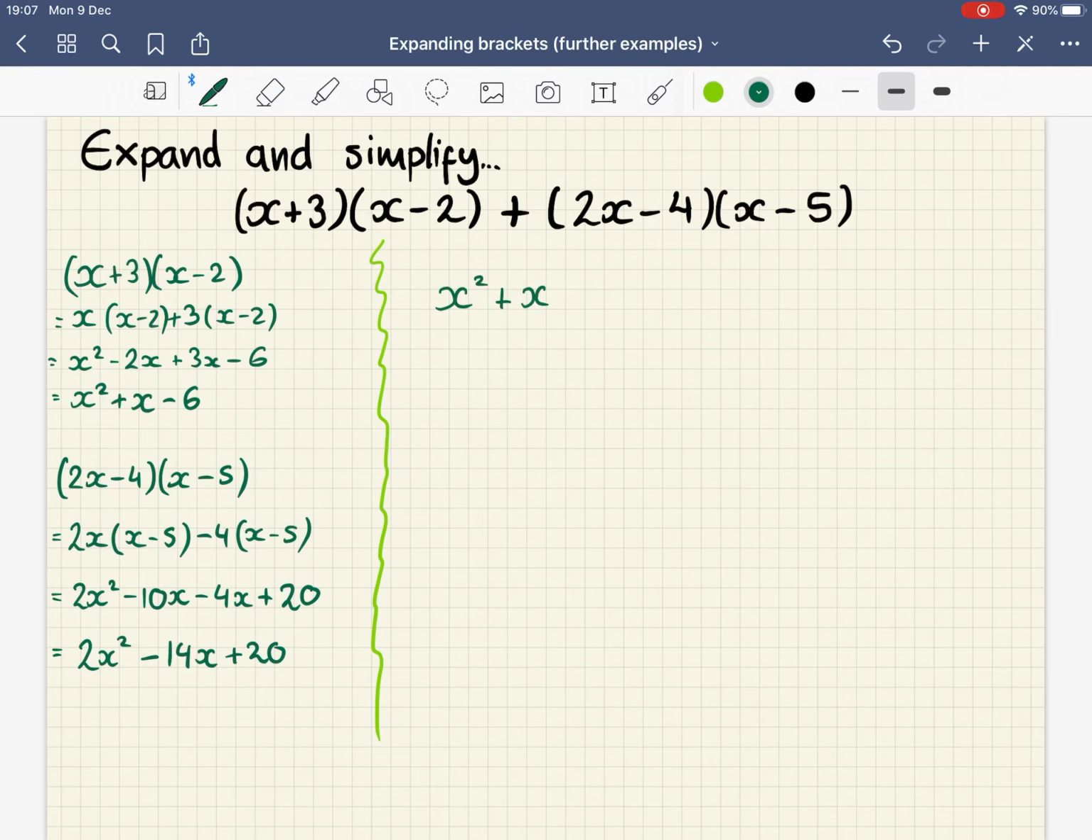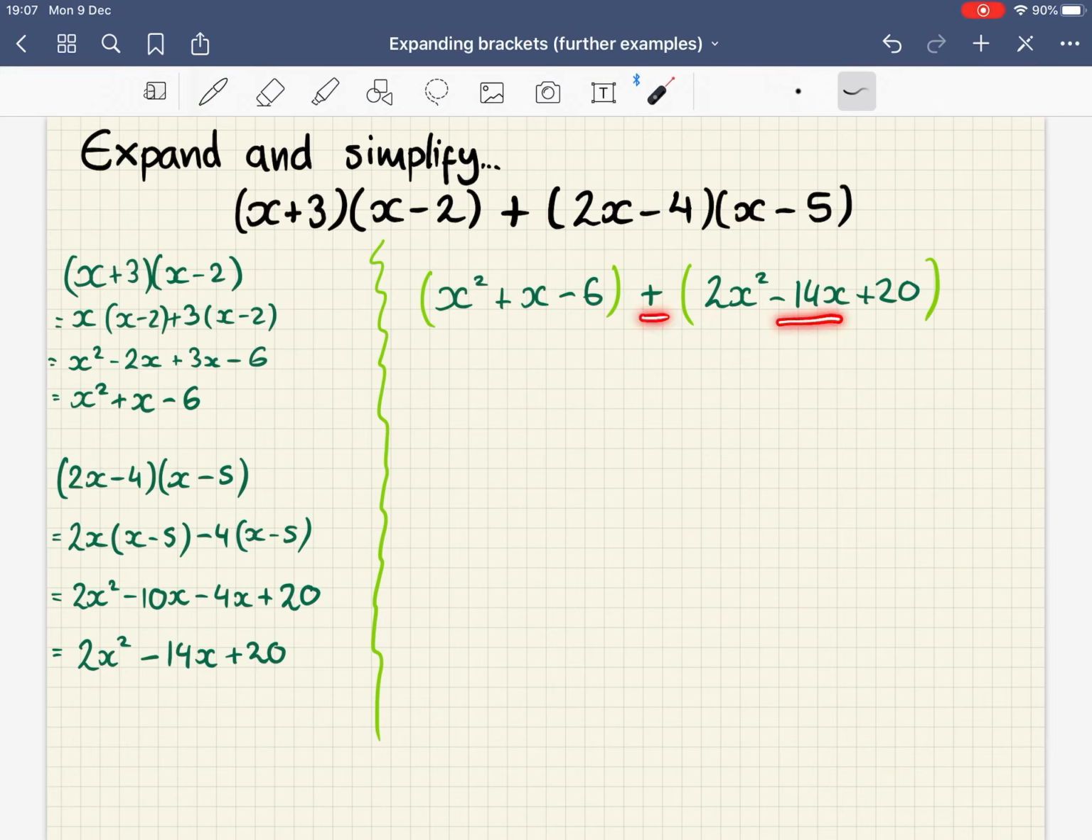I have this x squared plus x minus 6, and I'm adding that 2x squared minus 14x plus 20. And what I'm actually going to do is just stick some brackets around it. And the key thing is that I must remember, for all of these, I'm adding 2x squared, adding negative 14x, adding 20. And that's going to make a bit more sense in the next one when we have a